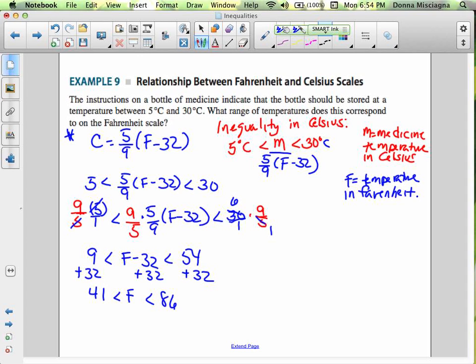So then to answer the question, because we want to explain our answer, right? We were asked a question. We shouldn't expect people to interpret our inequality. We should answer the question. What range of temperatures does this correspond to on the Fahrenheit scale? So the medicine